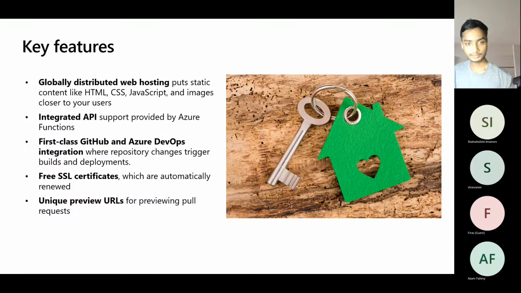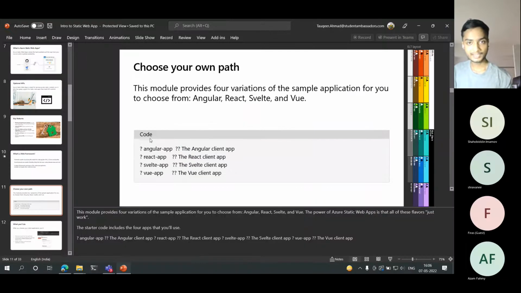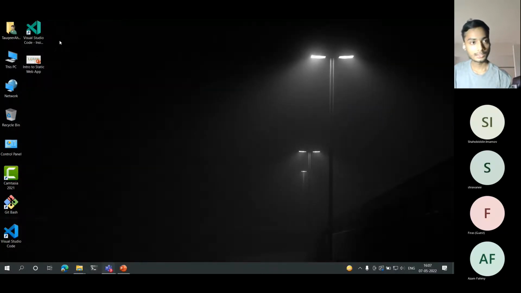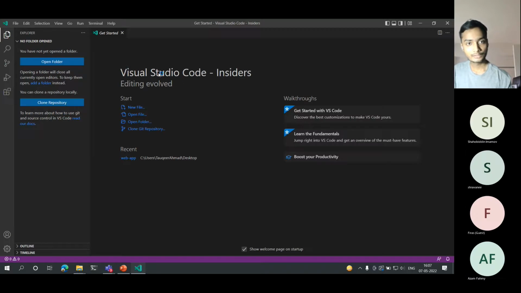Features which can be directed for Azure. Let us move ahead to some practical moments. Closing the website. Here, see, what I'm using is Visual Studio Code Insiders.